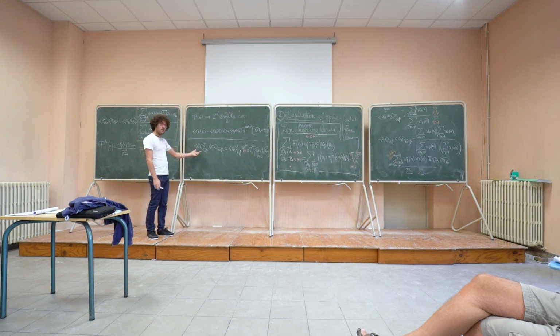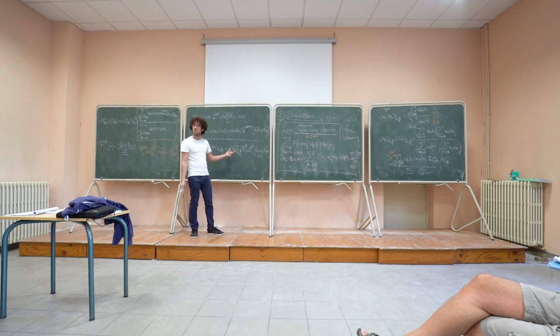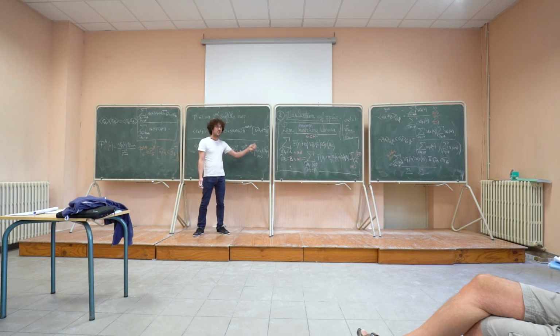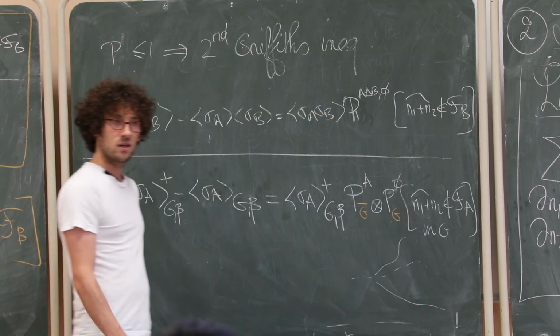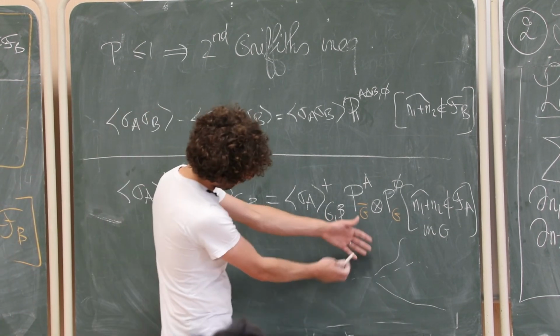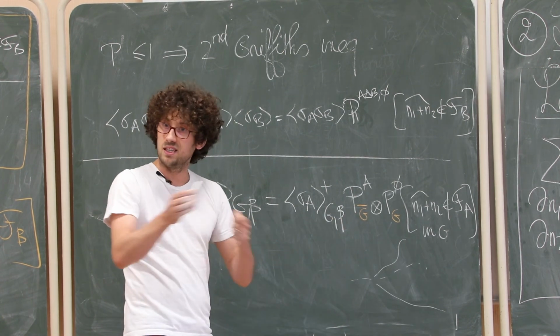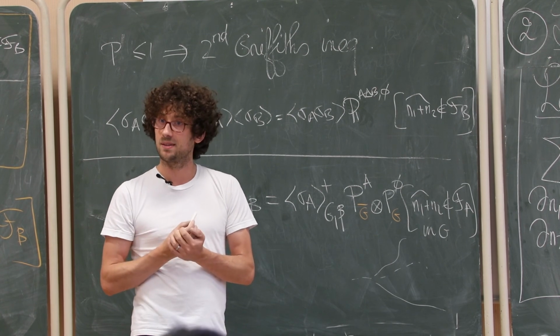So here, just to summarize, for instance, if A is equal to xy, just two vertices, it's saying the spin-spin correlation for the plus state minus the spin-spin correlation for the free state is equal to the spin-spin correlation for the plus state times the probability that x is not connected to y in G by my sum of currents. So it's going to look like that, the two guys are not connected. And here you see something a little bit like the pivotality that we had in our proof of sharpness for FK Ising.